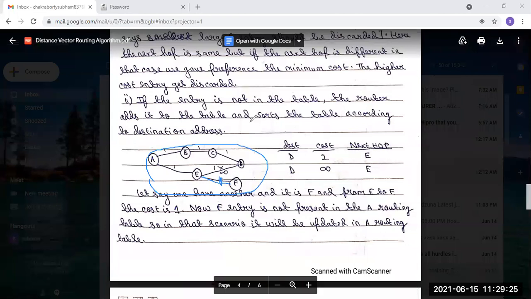It adds this new entry and sorts the table according to the destination address. So this is all about the distance vector routing algorithm.